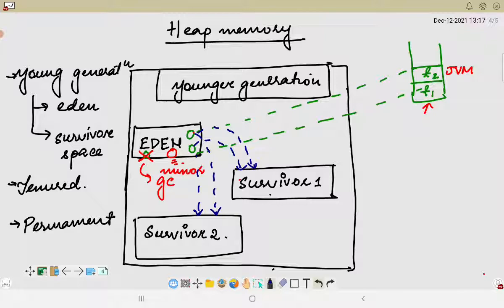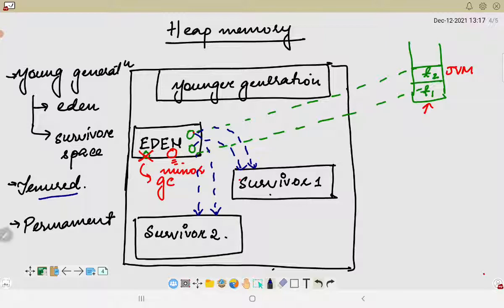We also have to understand that there is another generation known as the old generation, and this pool contains the tenured space and will be holding those objects which survived garbage collection from the young generation. The tenured space will contain objects which survived multiple garbage collections, meaning objects which survived garbage collection from the survivor space.